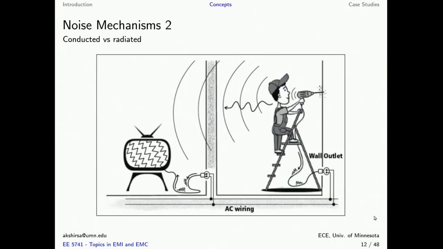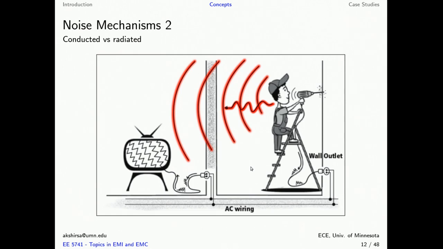Now let's look at the second classification of noise mechanism, which is conducted and radiated. In this situation we have somebody using a hand drill, and as we discussed before, this has a motor, it will have brushes, and it's going to radiate and conduct noise. Radiated noise travels as electromagnetic waves through any medium, and they can travel through walls and don't need line of sight. So this is how radiated noise is being emitted and is being picked up by this television set